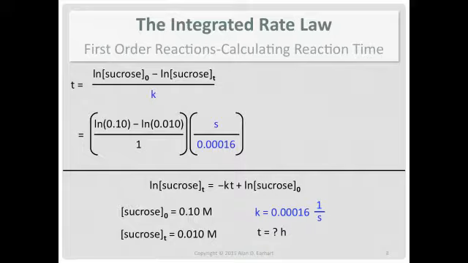And since I'm dividing by k, you're multiplying by the reciprocal, and that gets me seconds in the numerator. Now, this is what I was saying, even though you can't just use dimensional analysis to plow your way through this, you have to have the mathematical formula. You're going to use dimensional analysis to make sure it's set up right. See, we want time units when we're done. We have time units in the numerator. Good. What time units do we want? Okay, we need hours. So I need to convert seconds to hours.